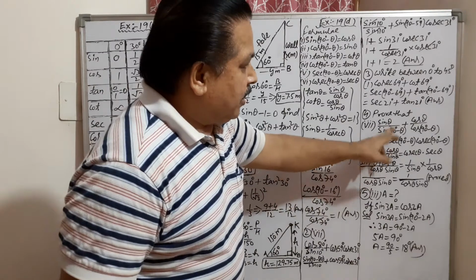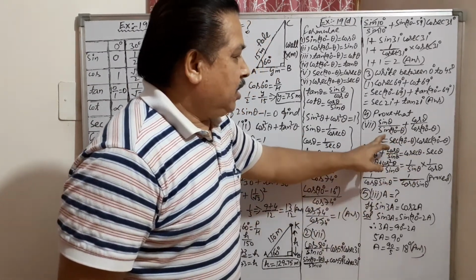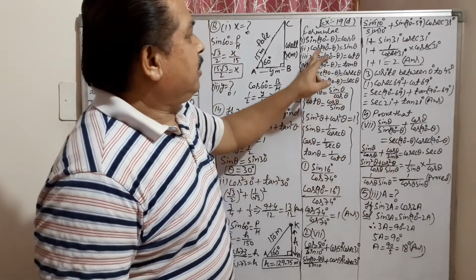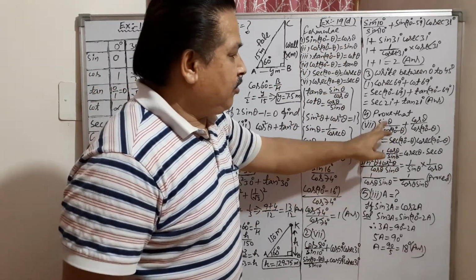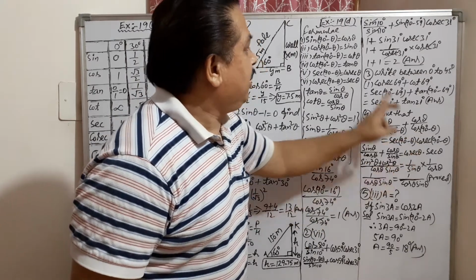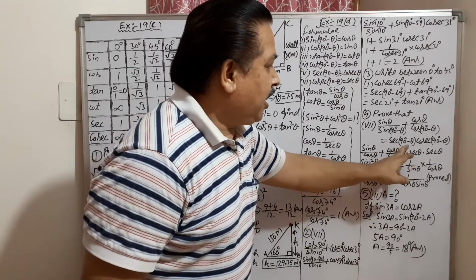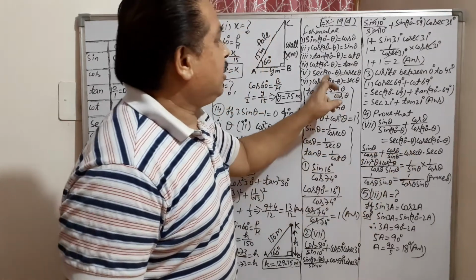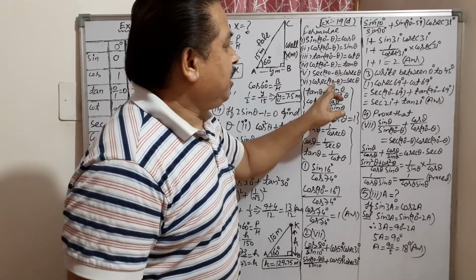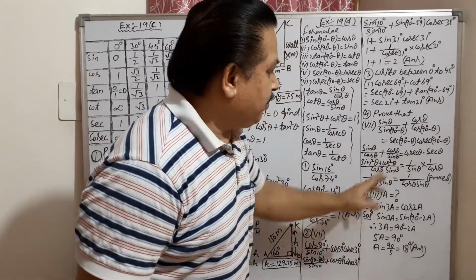Now see the fourth question. In the fourth question again a fraction is given. Prove that LHS equals RHS. Now sin 90 minus theta you will write as cos theta in LHS. See, this can be replaced by cos theta and this can be replaced by sin theta. And now see RHS, sec 90 minus theta is cosec theta, and cosec 90 minus theta is sec theta. Now this is in simple form.